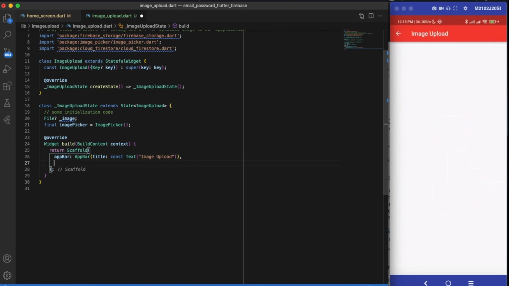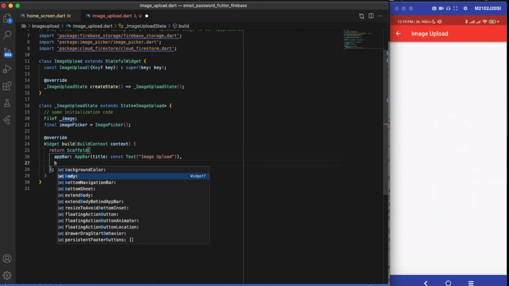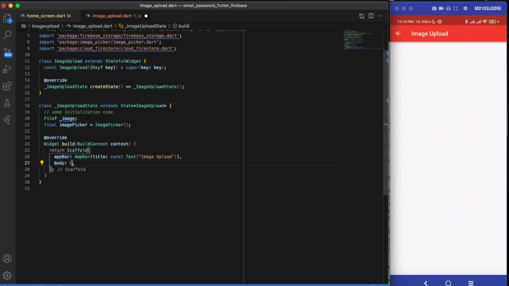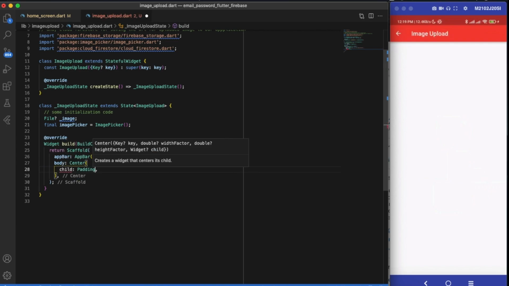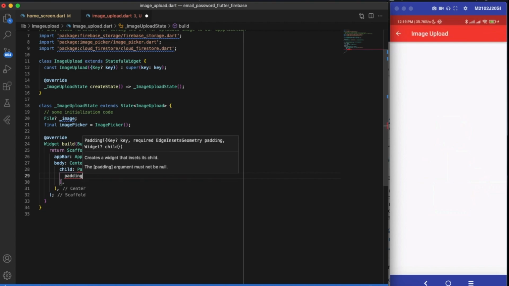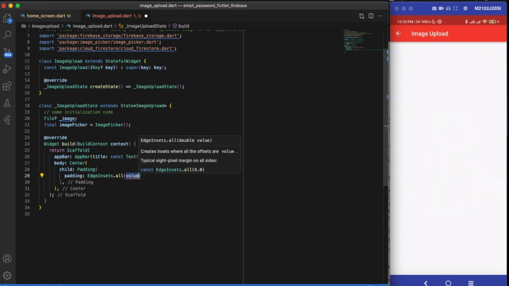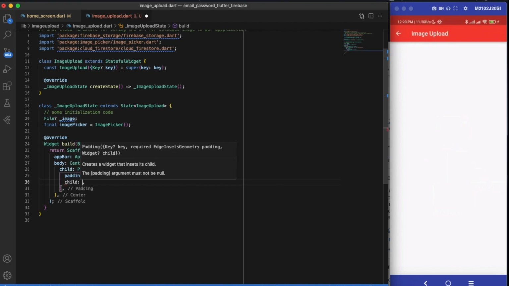Now we'll be going to the body section of this scaffold. Inside our body section, first of all we'll be creating a center widget and providing a padding from all the sides of, let's say, 8 or 10 pixels. We'll write padding from all the sides of 8 pixels maybe.